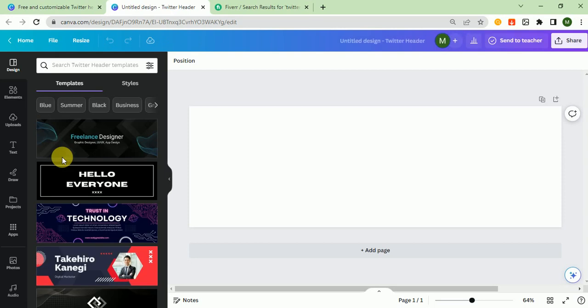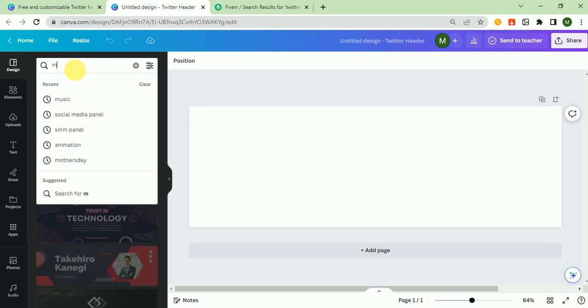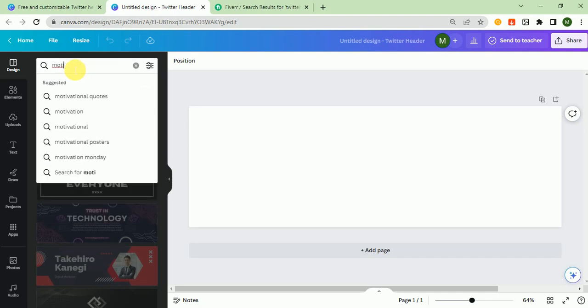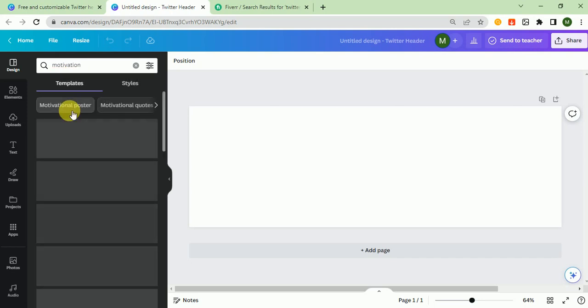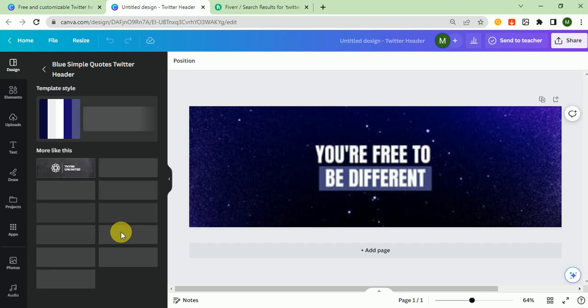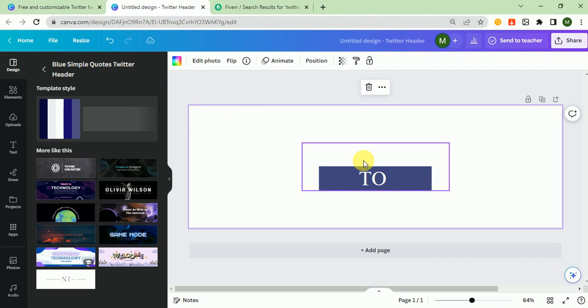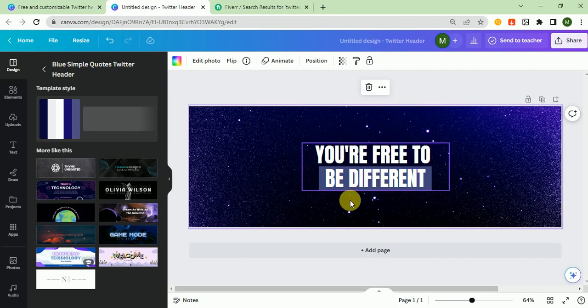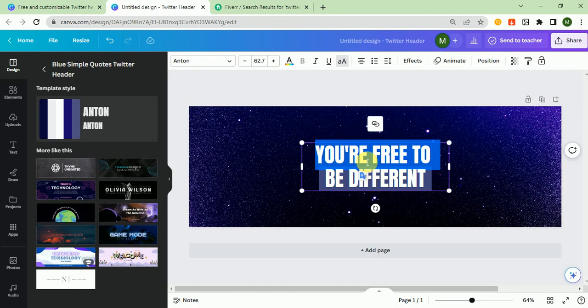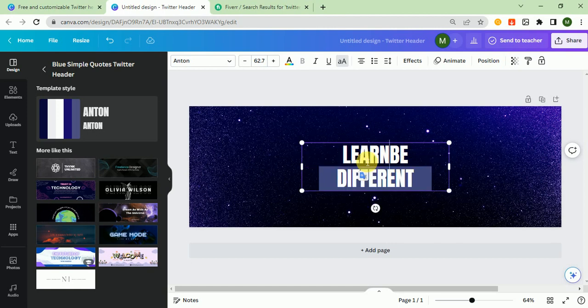So that's it. I want to make a motivation based header. So I write motivation, and yeah, this is a good header, but I want to change something. Learn, earn,